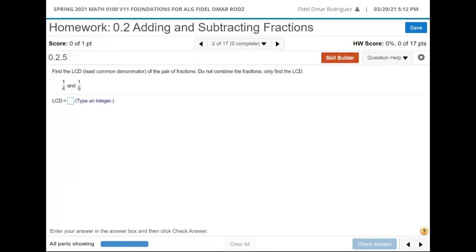So one of the things I'm going to do, guys, is when I'm doing a problem like this, I want to look at the two denominators that I have, right? The two denominators that I have are 4 and 6. Okay. So I'm going to use those two numbers, and I'm going to use my multiplication table. The numbers that I'm thinking of right now are 4 and 6 because those are my denominators. At this point, for this particular problem, I'm not really concerned about what numbers I have on the top. I'm really concerned about the numbers on the bottom. So the numbers on the bottom are 4 and 6.